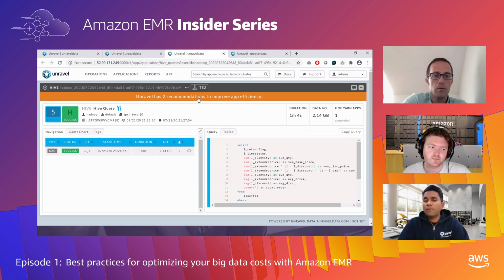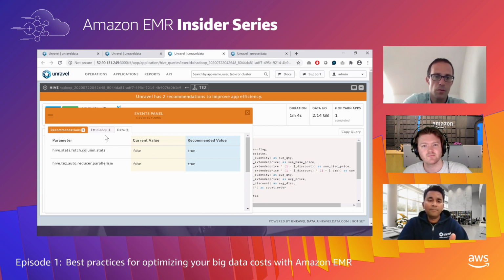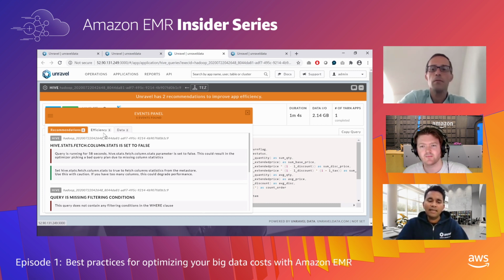Again, there are ways you can improve application efficiency, but here it's not the setting parameters for the containers or right-sizing the instances. The problem for this app is in how it's fetching column stats and not updating those, so that is affecting the performance of your applications.